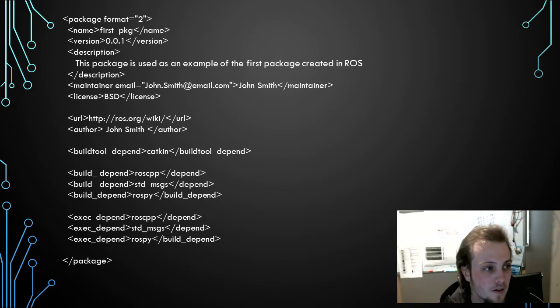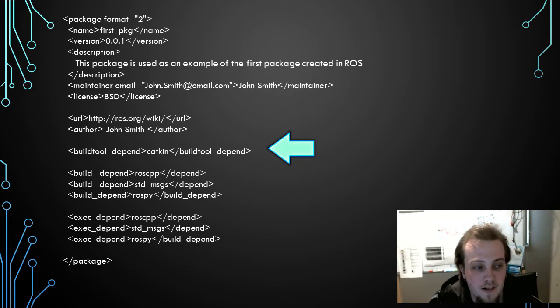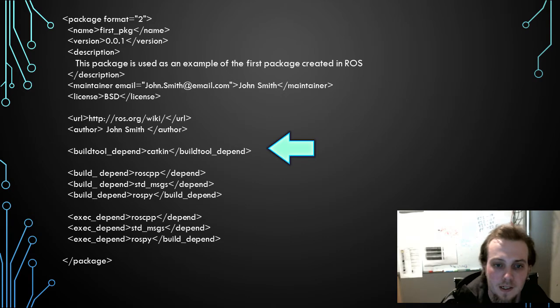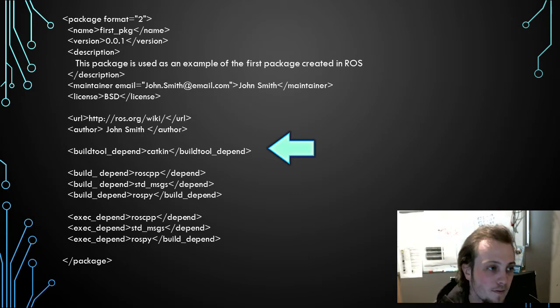We have, under the author in the middle, you'll see build tool depend, which is catkin. Okay, so that's our build tool that we're using, and for us it's always going to be catkin for right now. And then we have build depend and execute depend for the 3 packages we added when